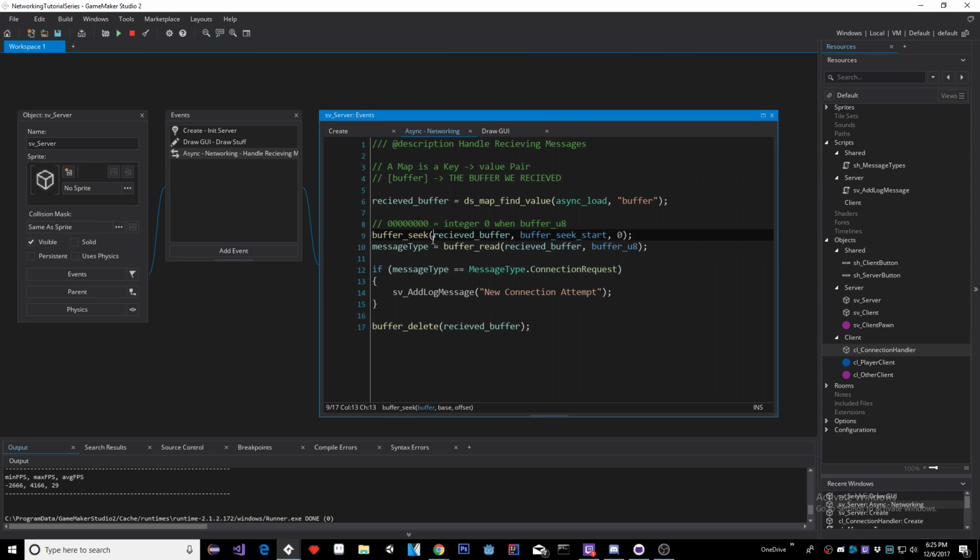So when we receive a message type, we read from our packet, and we see that it's a connection request. And since we know it's a connection request, we know what to do with the rest of the data. In this case, we're just adding a log message, which is that thing you see at the top left, and that's all we're doing. So what we actually need to do here is, when we receive this connection request, pull some kind of ID out of a hat to assign, some client ID that we can send back to